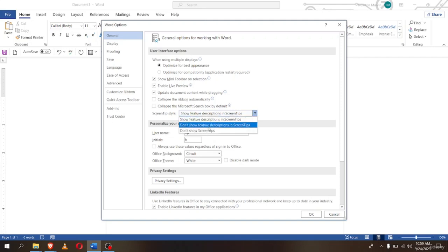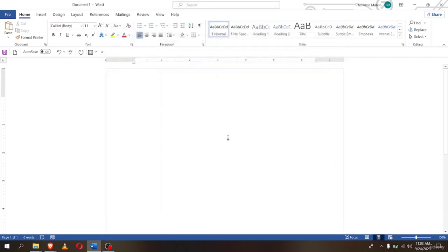You can see here there's 3 options. Now in these 3 options, you can see it says show feature descriptions in screen tips and don't show feature descriptions in screen tips. And then we have don't show screen tips at all. So you can see here it says show feature description right now. If I change it to don't show feature description, and if I go over here and click on OK, now